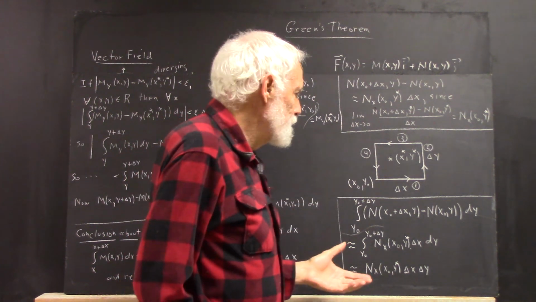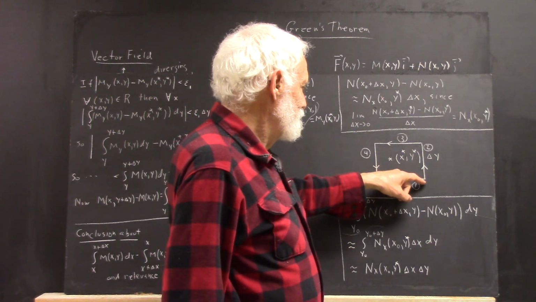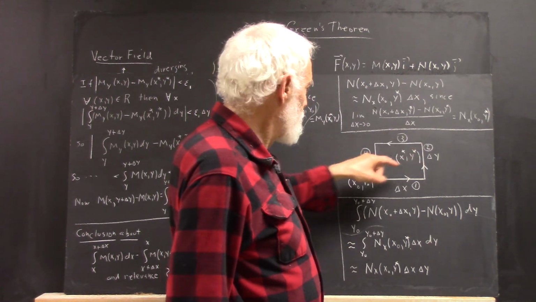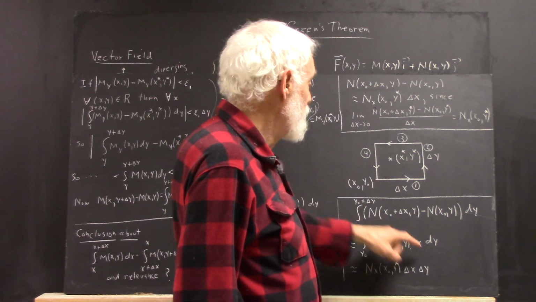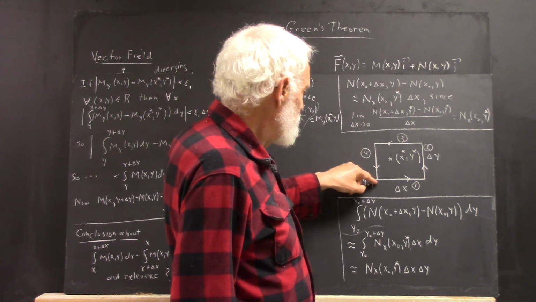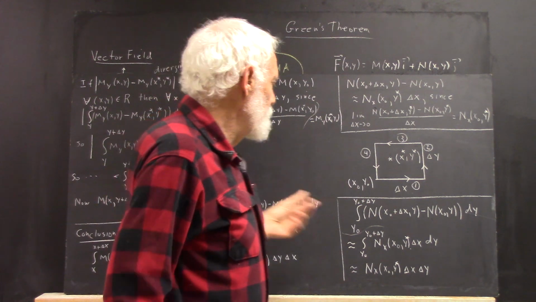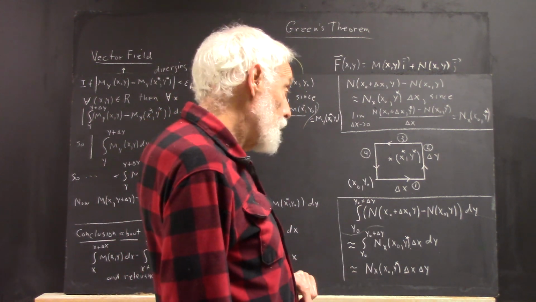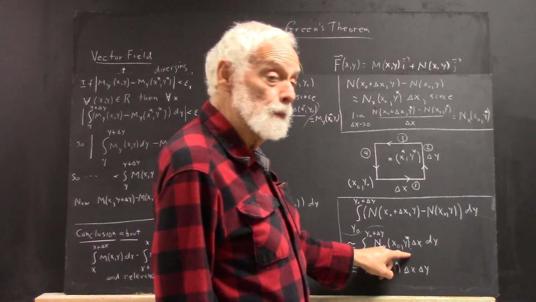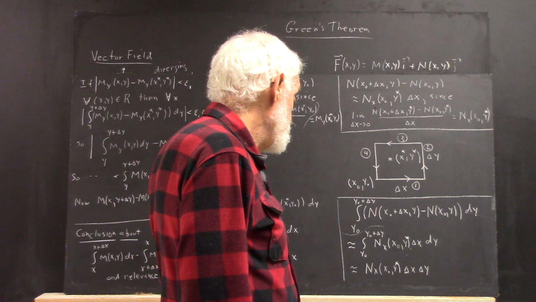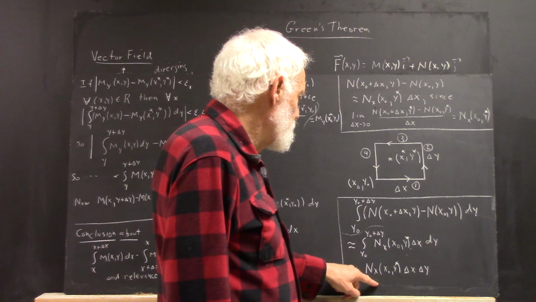And that, of course, is, as we've seen before, this part of the integral over this part of the path plus the integral over this part of the path, because the integral over this part of the path is the negative of the integral that you would get if you went this way. Okay, I don't want to talk too much about that right now. So what I've said then is that this has got to be approximately equal to this. Okay? And then this, in turn, is approximately equal to this,